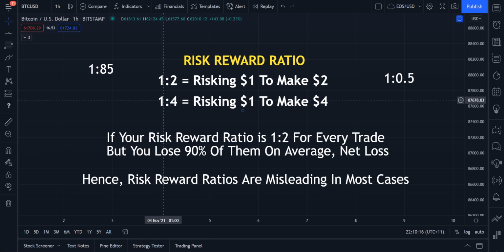And the best thing to do is get a very, very large sample size of your trades, to understand how much, in terms of percentage of your trades, you tend to profit on and how much you tend to lose on. Then you should be looking to find trades with a specified risk-reward ratio based on your statistics, right? And I can't make that for you. It's individual to every single trader.